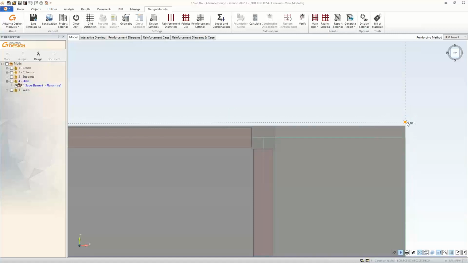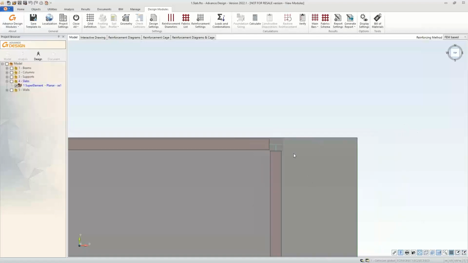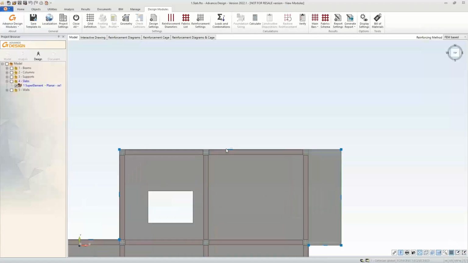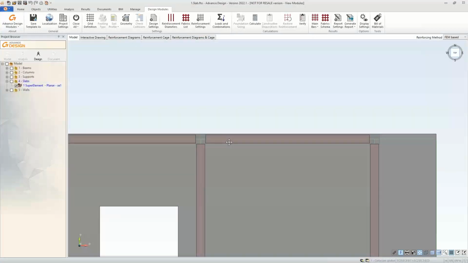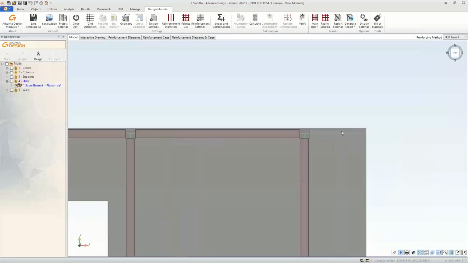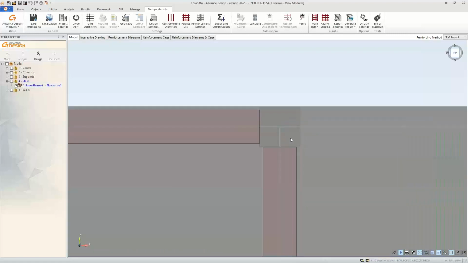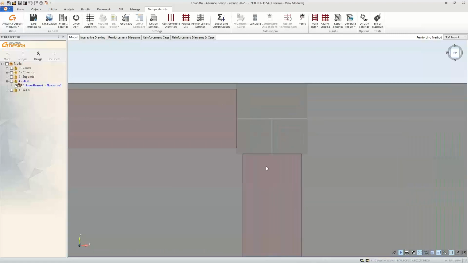Of course, I can use grips. It's not maybe very visible, but I can also use that kind of moving. Anyway, I can change manually the edge of the slab,